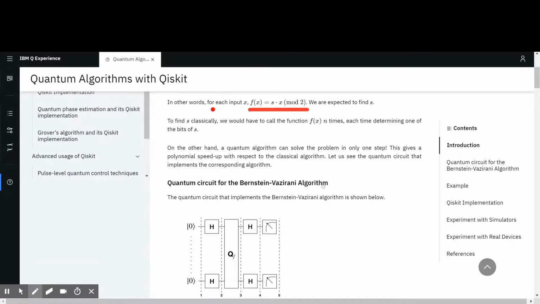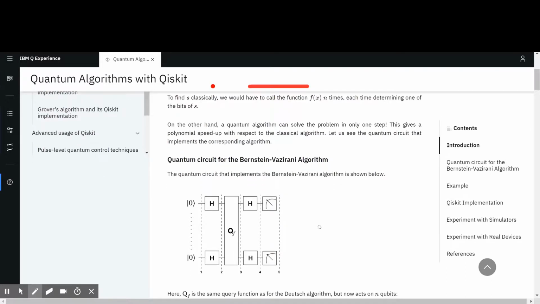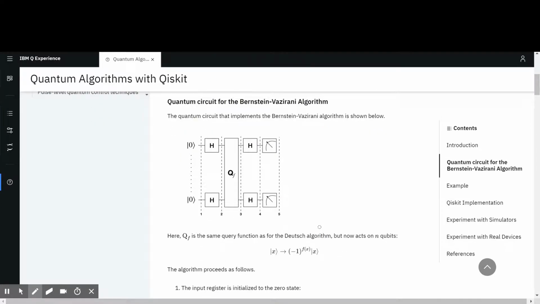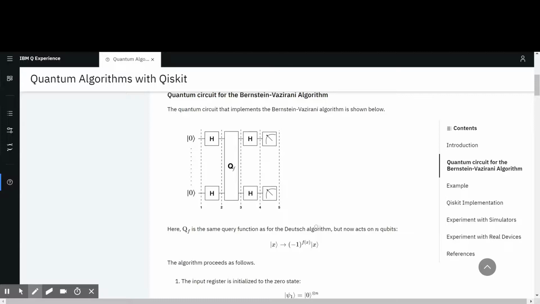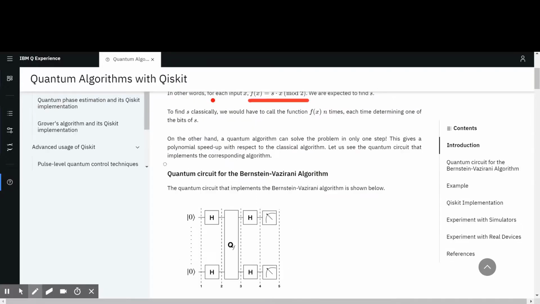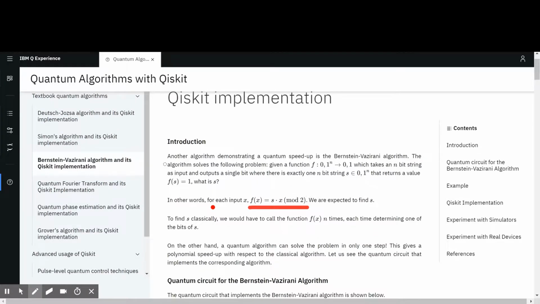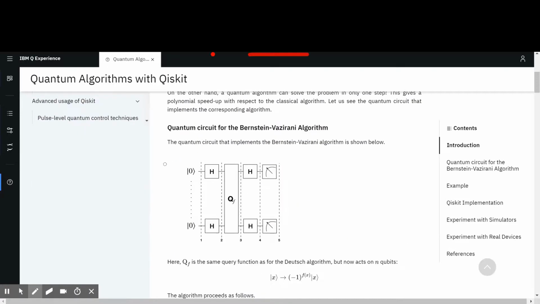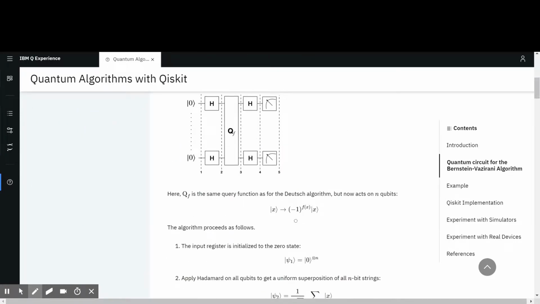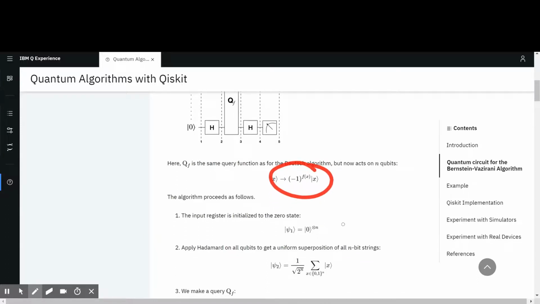The quantum circuit for the Bernstein-Vazirani algorithm is shown below. Okay, so it's not the same as Simon's algorithm, but it's like the Deutsch algorithm, and it's actually using the same trick. It's using the phase to basically flag,